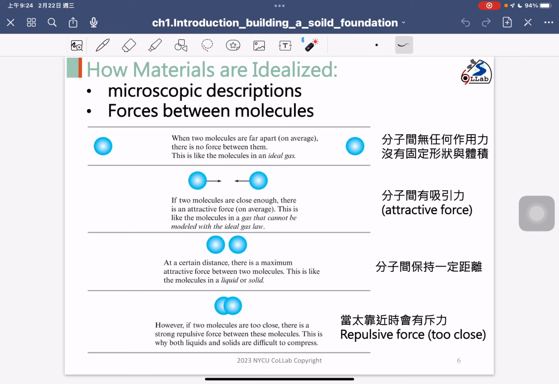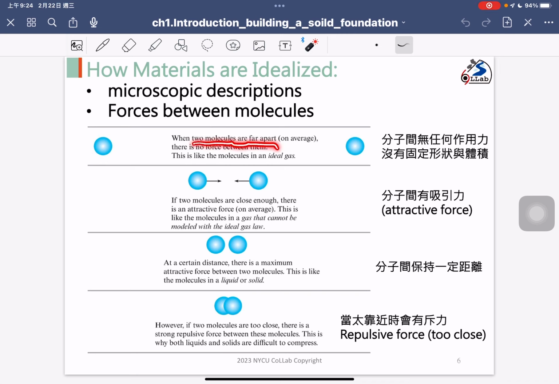Okay, and then right now I'm trying to define the different material types based on the force between the molecules. I just discussed the force between two molecules. So the idea is we are based on the microscopic concept because we are looking at very small particles. So the very simple definition: how can we distinguish the different material types? Very easy, because you can see